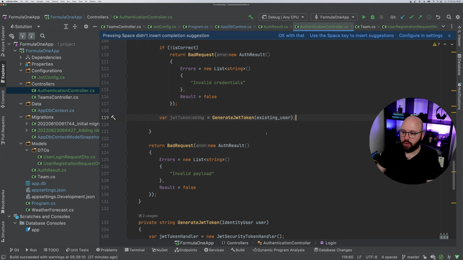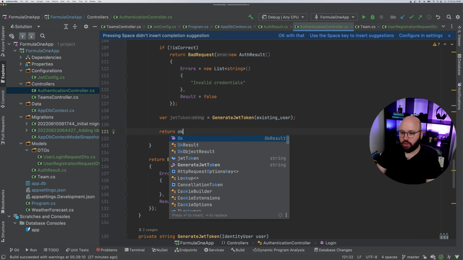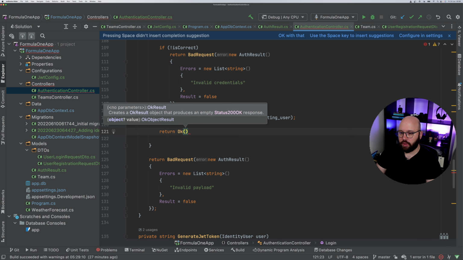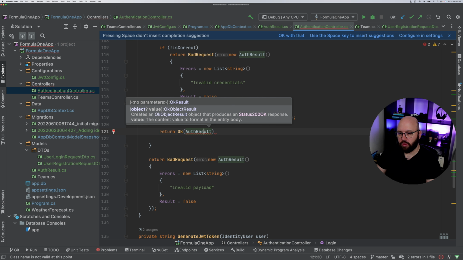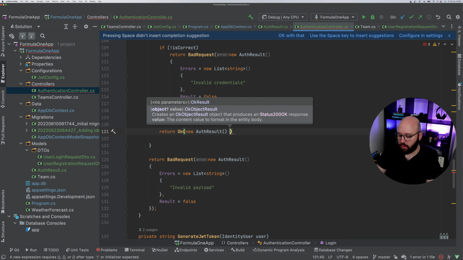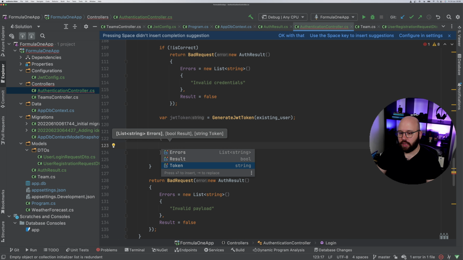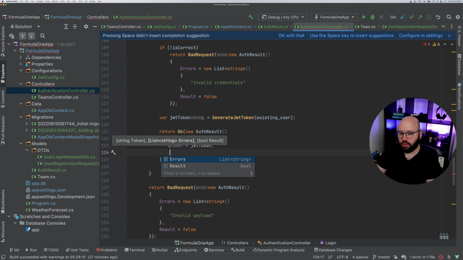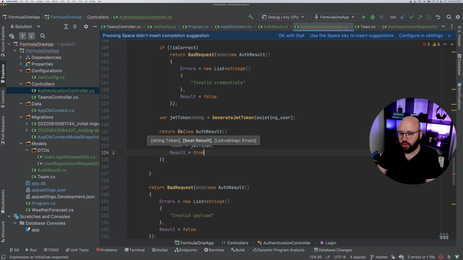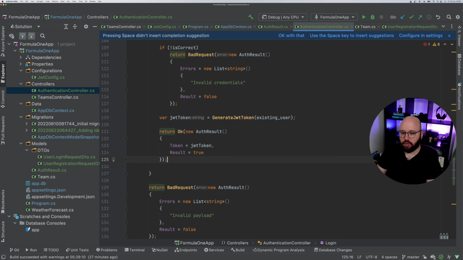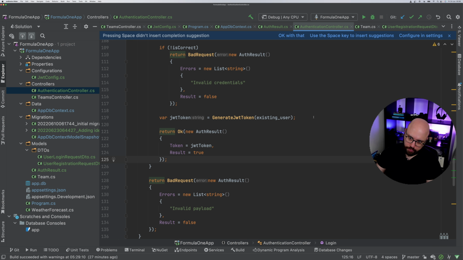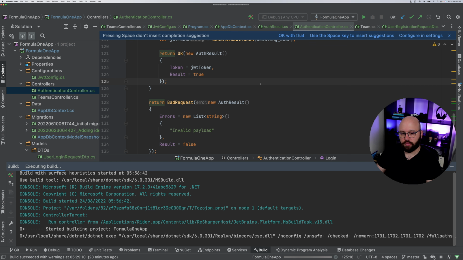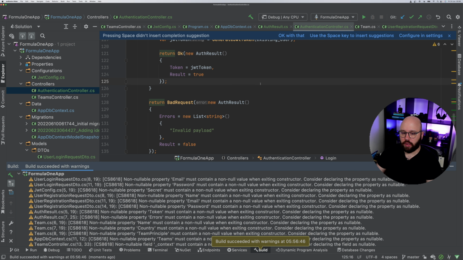And now you can see we just got the token, and we reused this method that we created earlier, and all we need to do is return Ok, and we're going to return a new AuthResult, and within this new AuthResult we're going to return the token. So Token equals the jwtToken that we created. We don't have errors, and the Result should be true. As simple as that. And now let's try it out. So we have this here. Now let's try it. It's building and